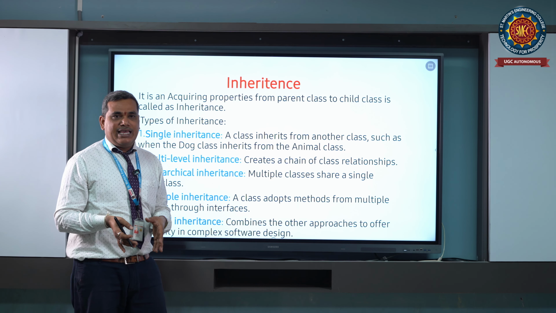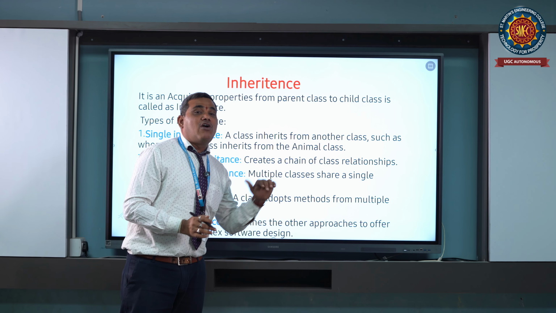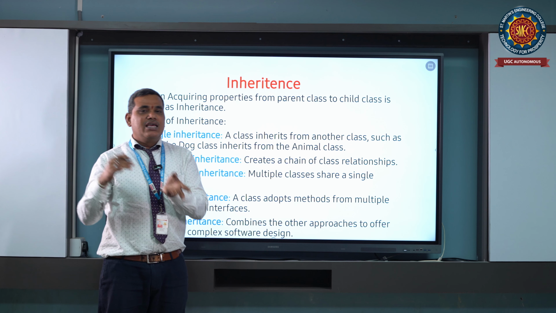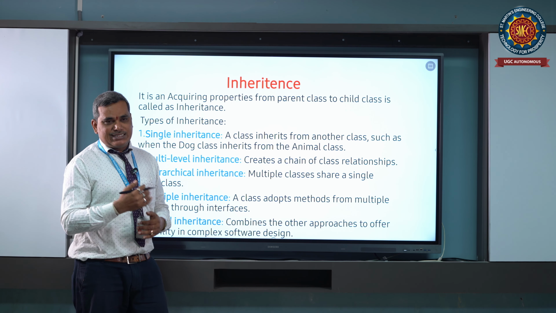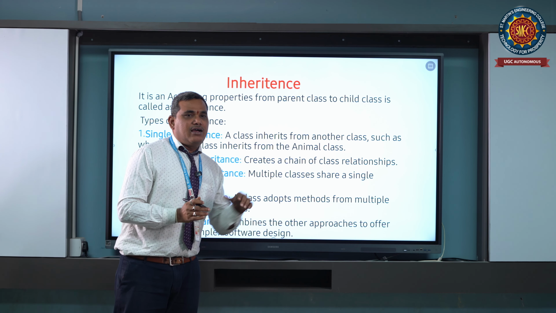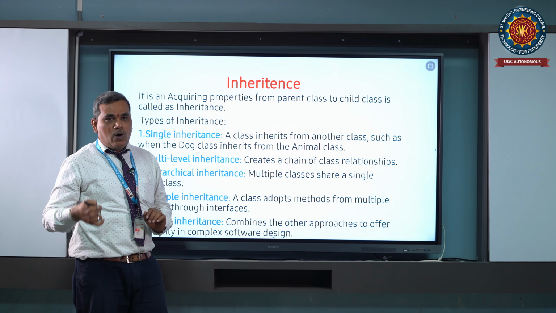Now the father is a child class that extends the grandfather class. Now coming to the son, the son extends the father. This chain of inheritance is called